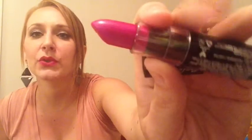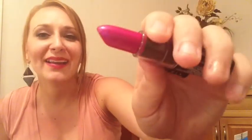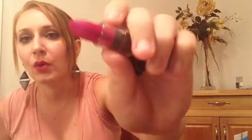It kind of resembles some of those more berry bright colors like the orgasm color everybody loves, but it's not quite as deep. So I don't know, I find it a little more wearable. It is definitely noticeable. So if you want something subtle, you're not gonna like that. Okay,